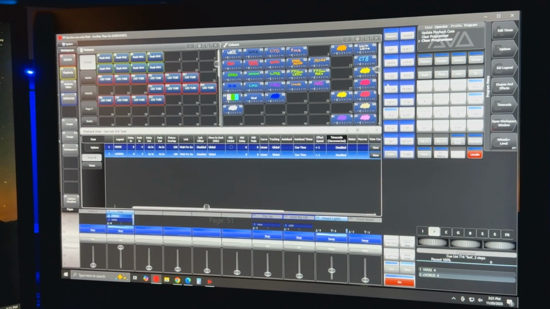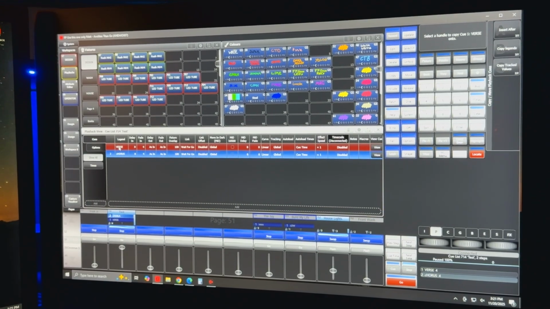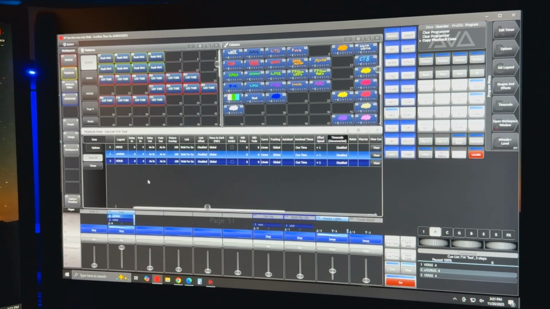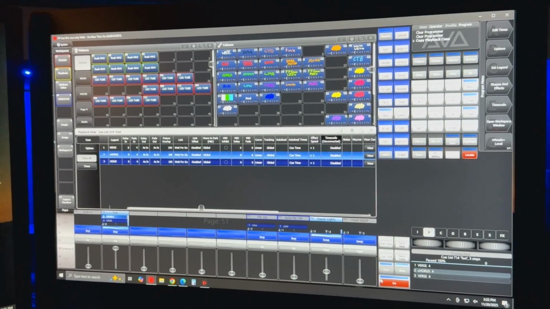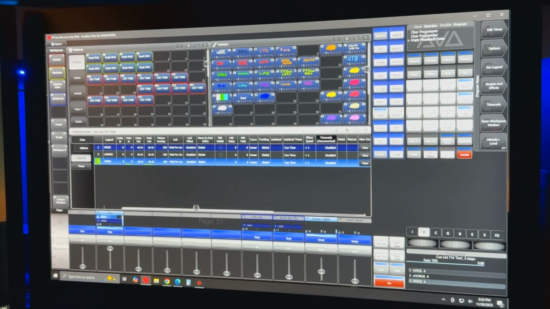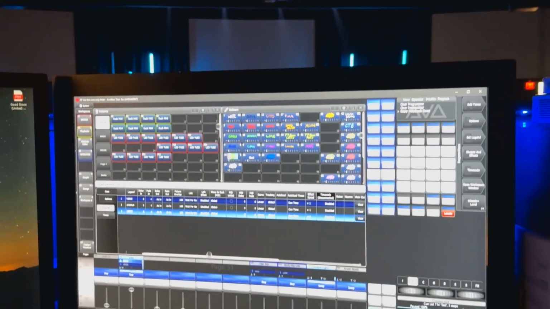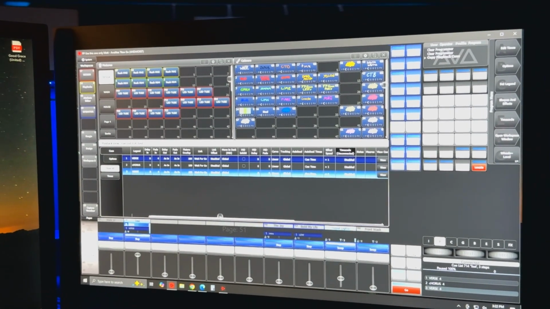So what we're going to do is we're going to copy. We're going to take the verse, and we can put it right here. Now we have another verse. But when I click go, you'll notice that the tubes are still twinkling, and I don't want them to do that. So in order to turn this off, what you're going to want to do is take this scroll wheel,